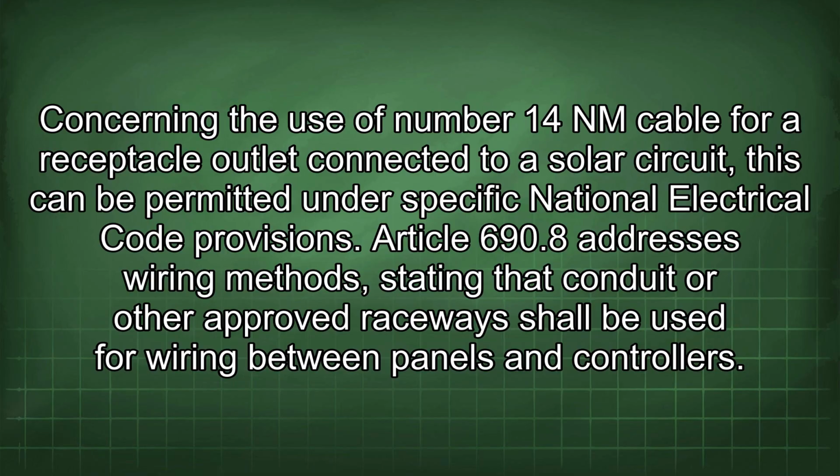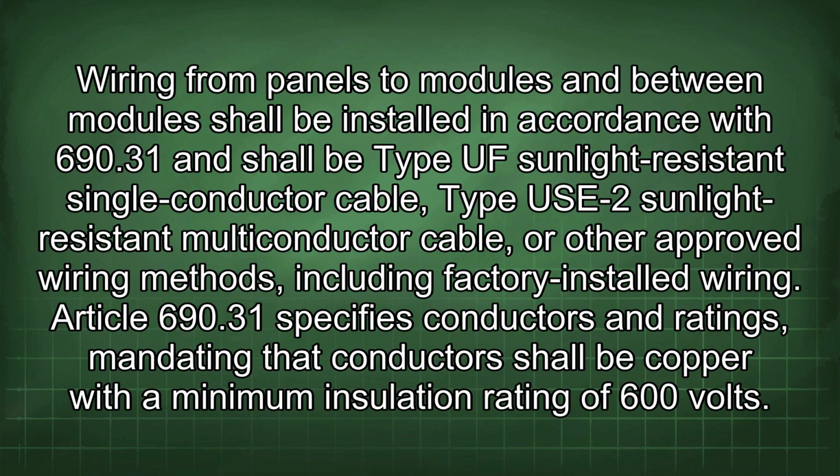this can be permitted under specific National Electrical Code provisions. Article 690.8 addresses wiring methods, stating that conduit or other approved raceway shall be used for wiring between panels and controllers. Wiring from panels to modules and between modules shall be installed in accordance with 690.31 and shall be type UF sunlight resistant single conductor cable, type USE-2 sunlight resistant multi-conductor cable, or other approved wiring methods, including